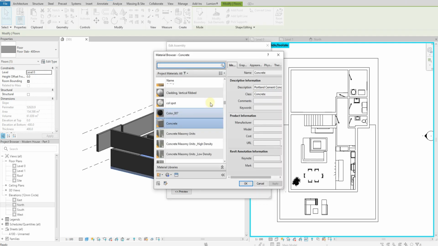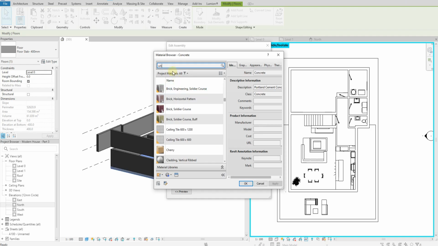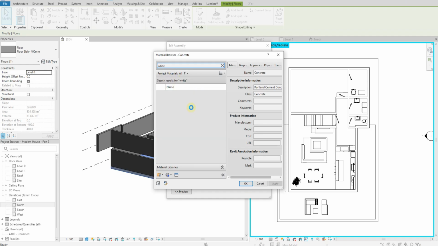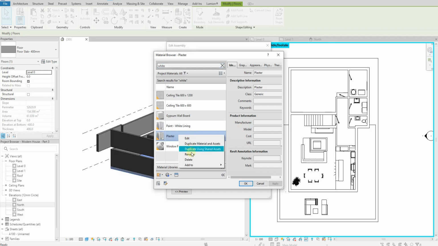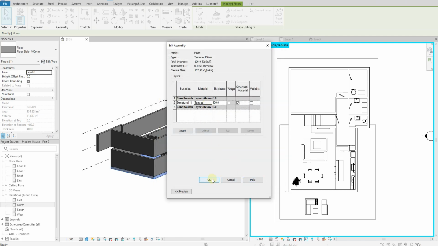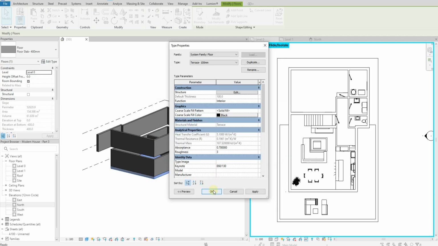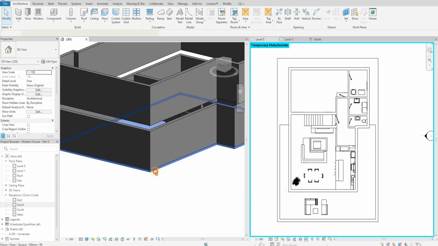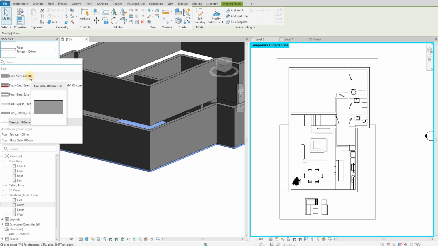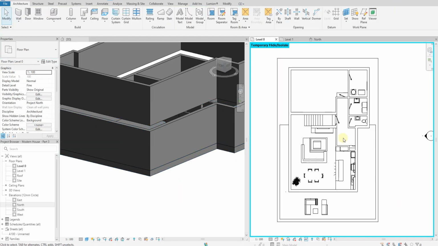And just to use maybe the same concrete or maybe something white, so it's being highlighted differently. Let's use a base as a plaster, but duplicate and call it terrace. Okay, okay. Okay, but undo this and